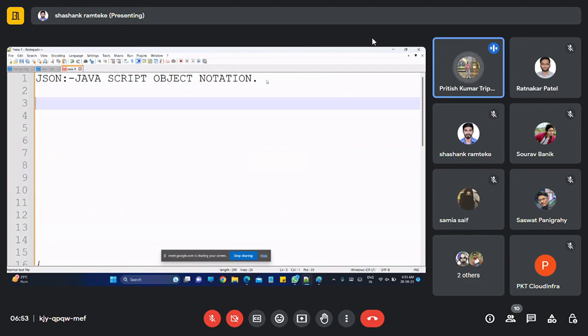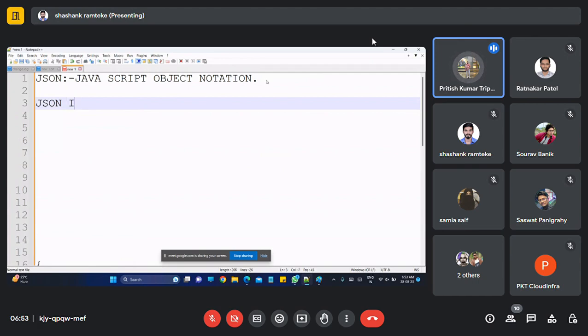I'm just writing some keywords and definitions, so that it will be easy for you to understand the things and easy to explain to others.